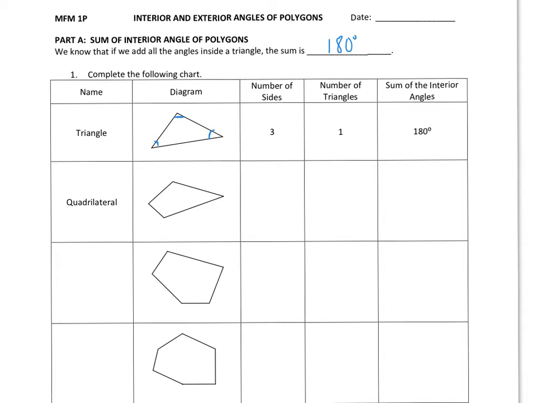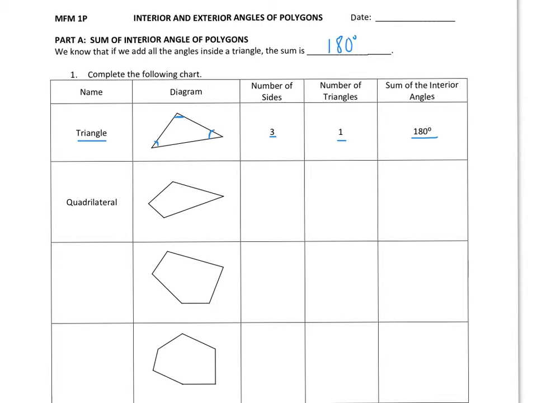We're going to complete the following chart by putting in the polygon's name. We have our diagram. I've given you all the diagrams. We're going to count how many sides it has and how many triangles we can divide that polygon into. So a triangle has 3 sides and there is only one triangle, so the sum of the interior angles is